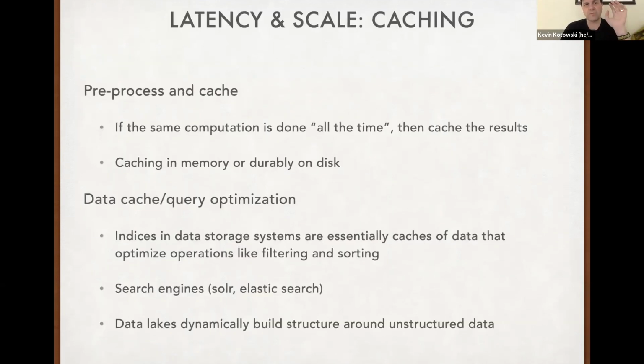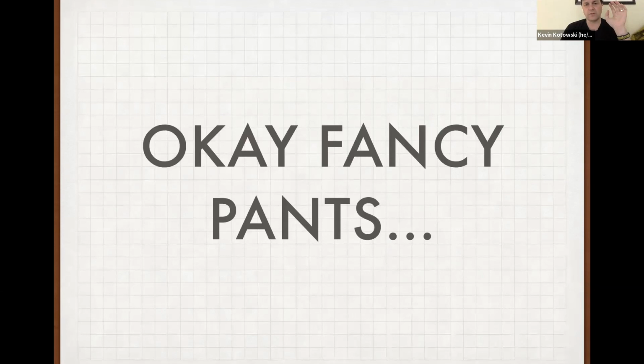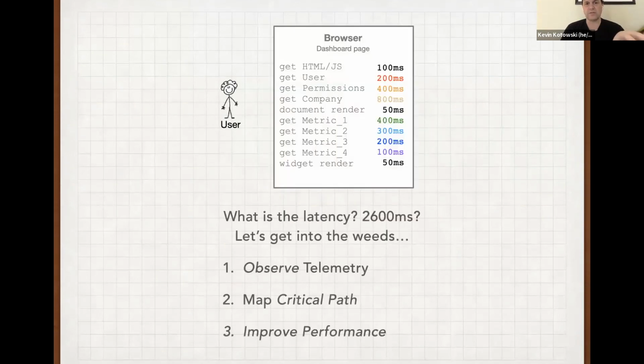Okay, I'm going to jump ahead here a little bit because I actually want to do a working example. We'll see if I can get through this relatively fast. Let's say we've got a web page for the sake of argument, and it's going to run through the stuff that it normally does. It's going to get the core HTML and JavaScript, and then start executing, and it's going to go off and get some user data. It's going to go off and get some